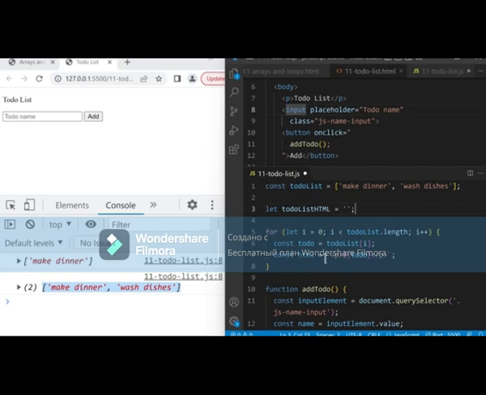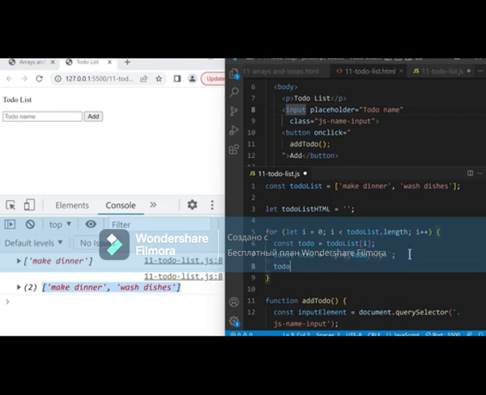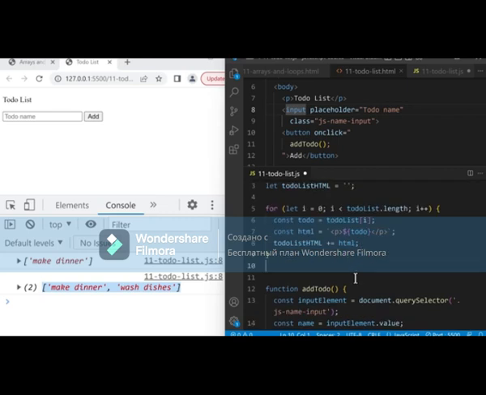And then as we loop through the array, we're going to add this HTML to the variable up here. So let's create a new line, and we'll do todoListHTML += html to combine all of this HTML code together. So now after the loop, let's